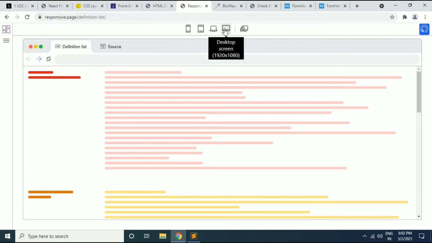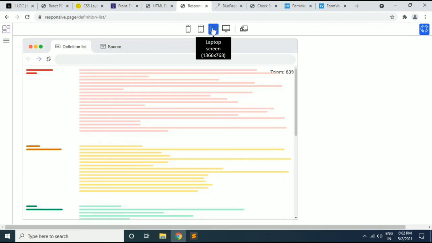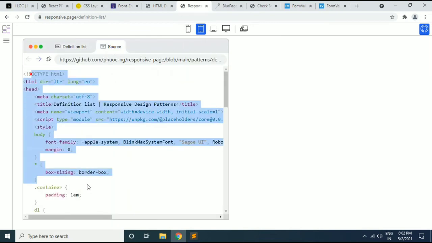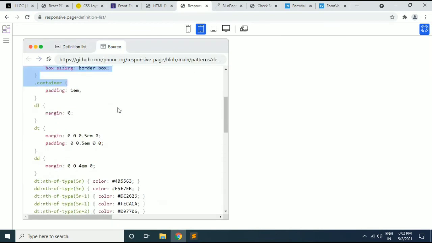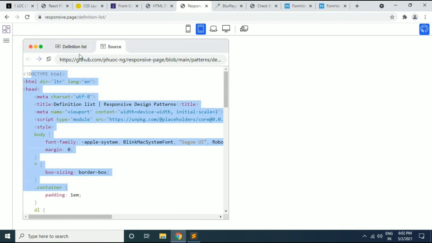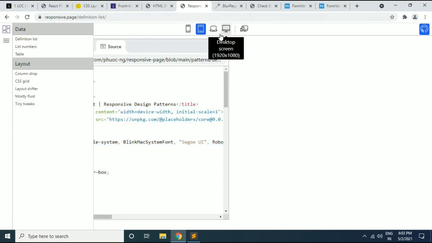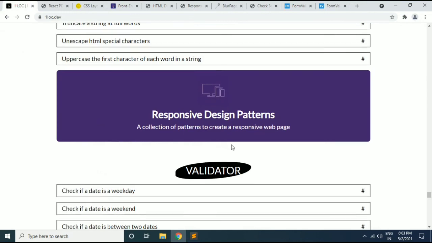Here you can see the different devices they have shown, whichever device with which you want to work. Simply select that device and see the code. You can copy this code and use it within your browser. Here you can see different patterns they have given. Like this, it will be helpful to work with responsive designs.